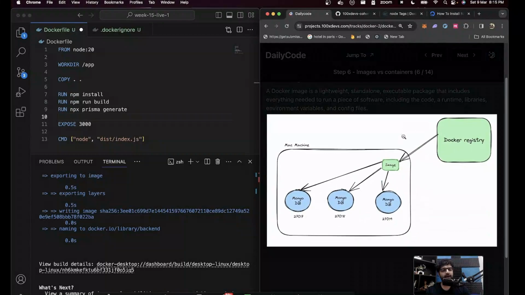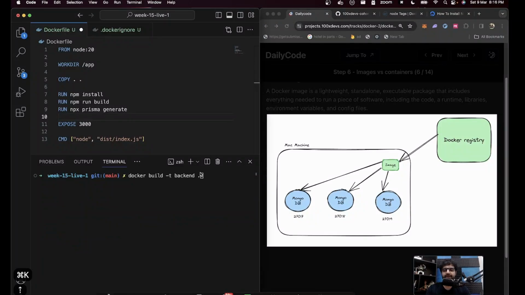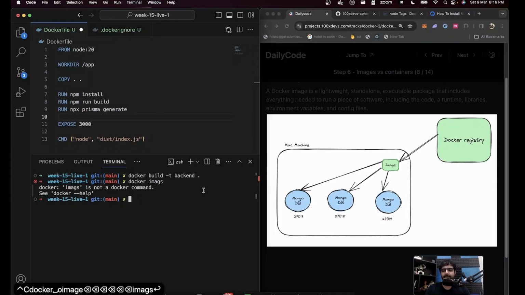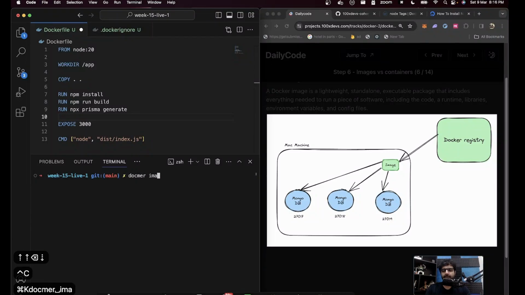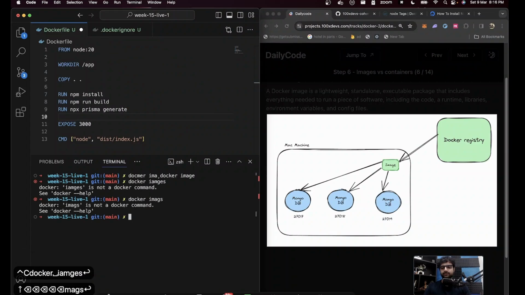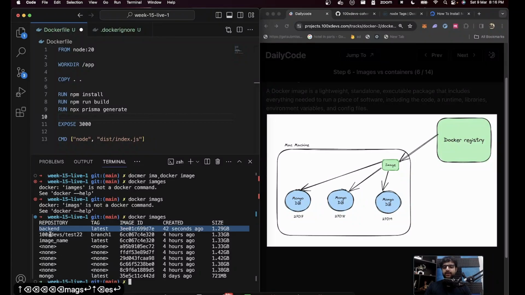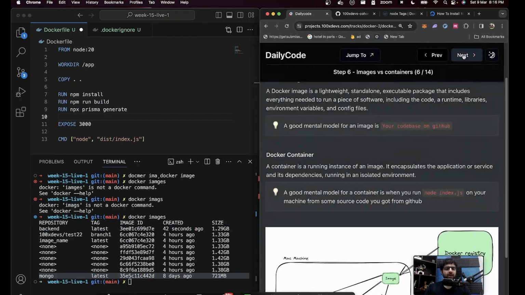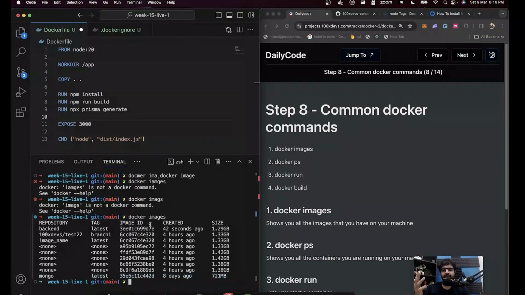Harkirat, I did not have to pull it from the Docker registry. Yes. You created your own image on your machine. You will push it to Docker Hub. You did not pull it from there because you created it yourself. Harkirat, the Mongo image that I pulled and this image that I just created by running this command, are they the same? Yes, they're the same. If you run docker images, you will now see the backend image and you will see the Mongo image, which basically tells you pretty much the same. This one you got from Docker Hub. This one you created locally.